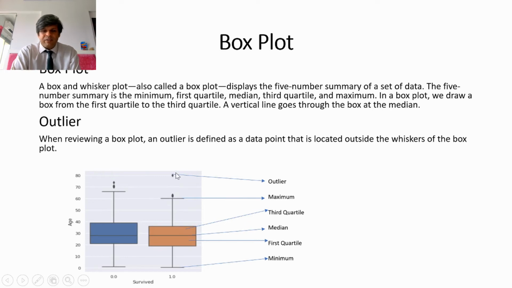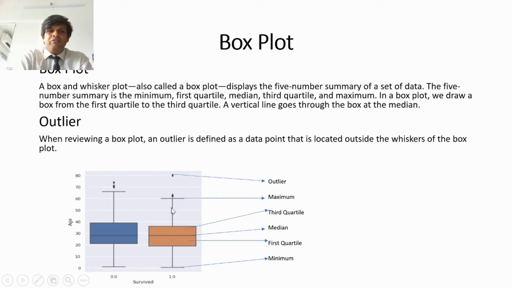These are outliers. So what is an outlier? When reviewing a box plot, an outlier is defined as a data point which is located outside the whiskers of the box plot. So these are some data points which generally do not fall within this range. They have some abnormal behavior, and that is why we call them outliers. I hope now we understand what a box plot is and what the various sections and lines within those box plots indicate. The key thing to understand here is the outliers. We'll be using it in our further sessions, especially while doing an exercise on anomaly detection.